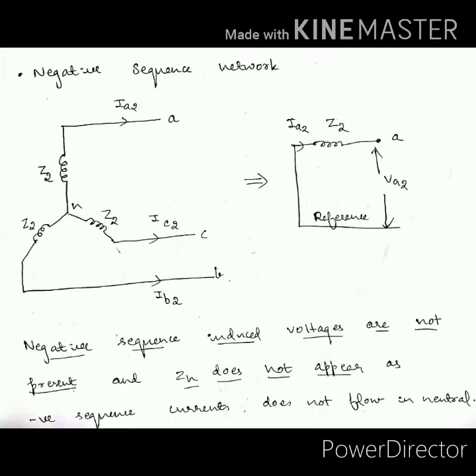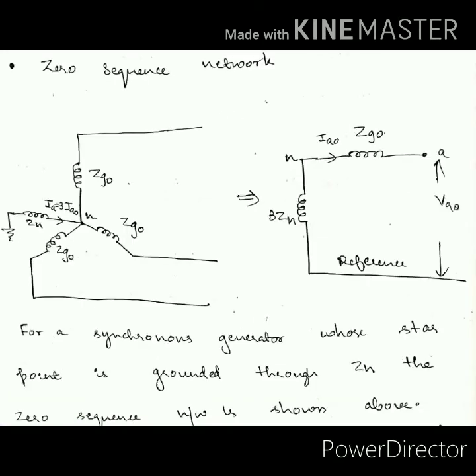Now we will move on to the negative sequence network. What is the difference from the previous one? Anyway, neutral current IN is equal to 0, and we'll take all the elements with notation 2: Ia2, Z2. The difference is, as I've told, EMF is not shown in the negative sequence network. Next one is the zero sequence network.